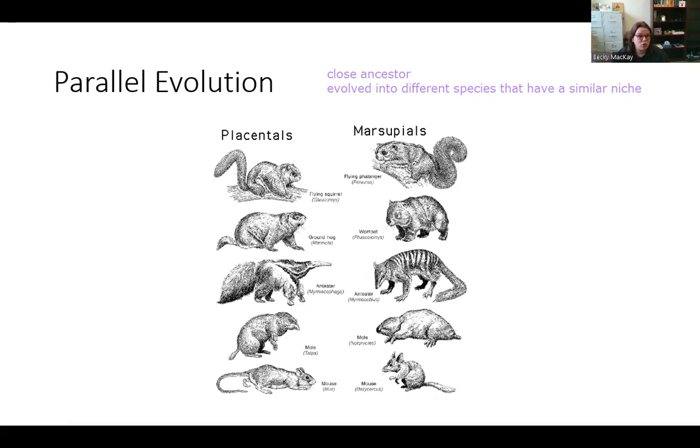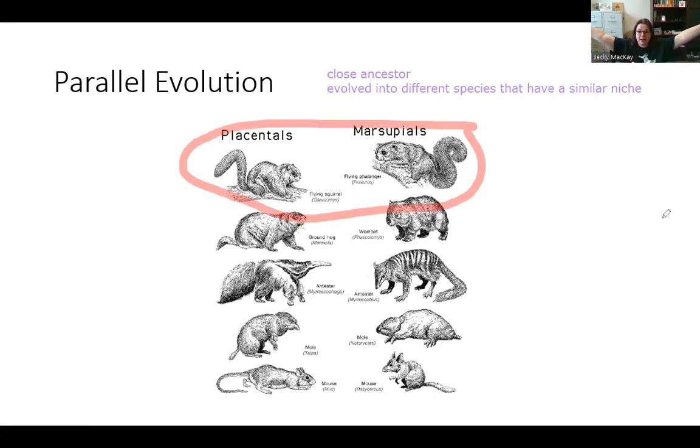So you have two different squirrels that both can fly. Well, this is a phalanger versus a squirrel, but they both have that really gliding body shape, just like a flying squirrel. They're not the same species, and they've been separated by a pretty long time. They're both mammals, but a pretty long time.